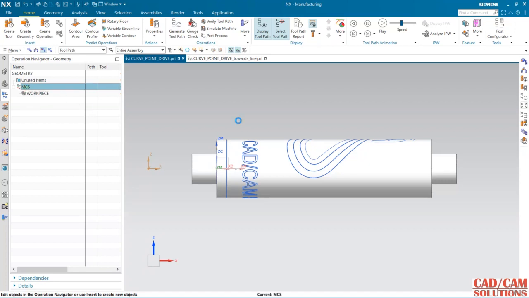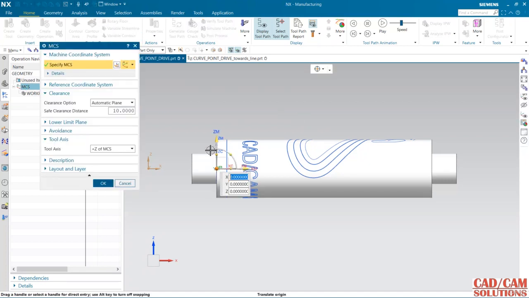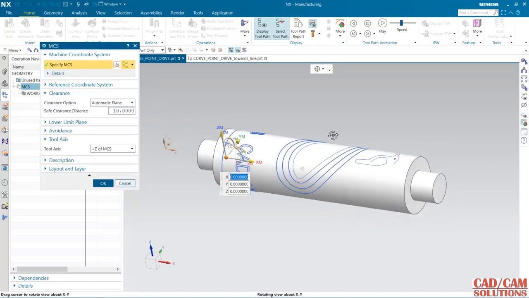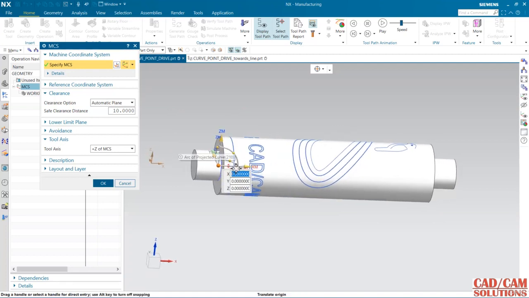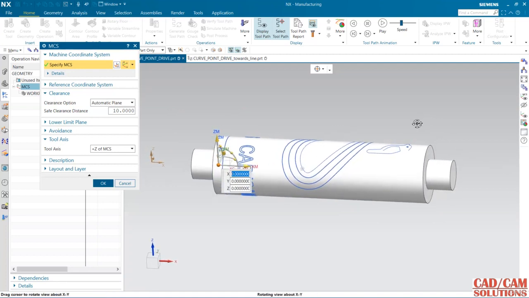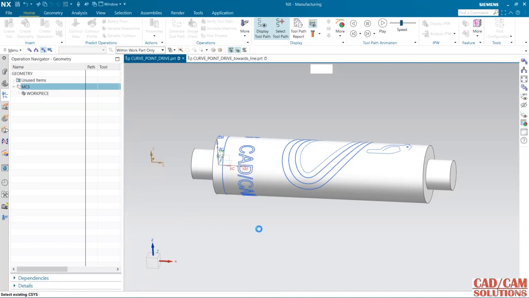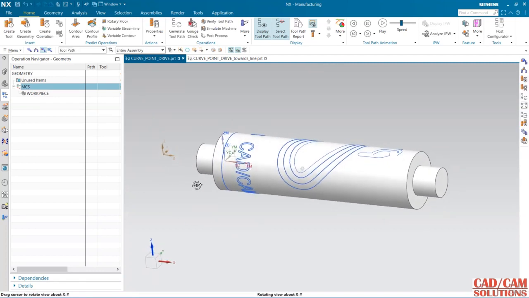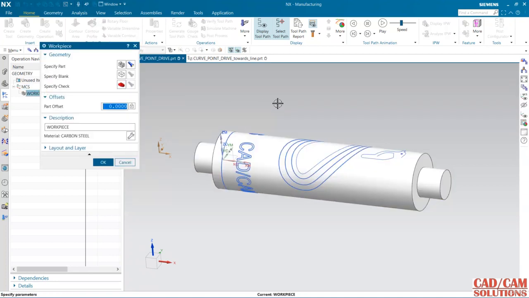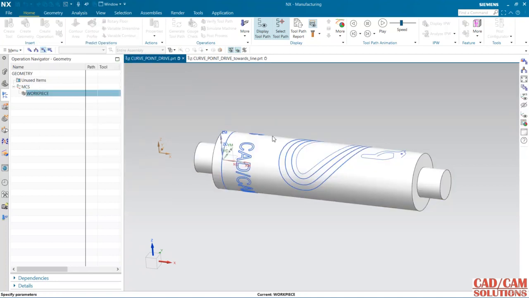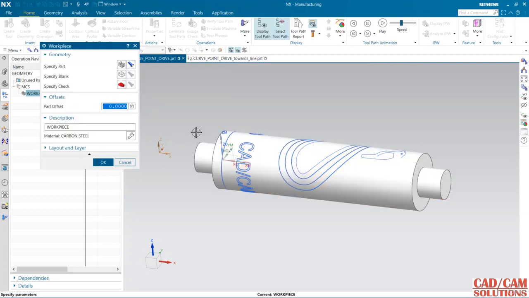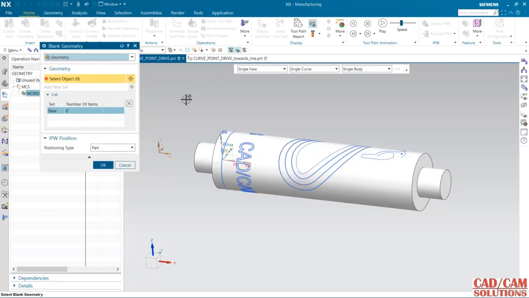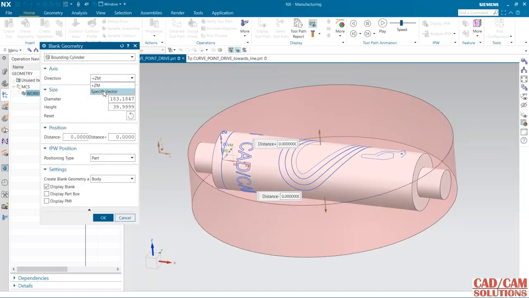for this MCS, my Z is in the up direction and X is along the axis. So the fourth axis will be the A axis. So I'm going to use this same MCS, and first I'm defining my part. So this is my part, okay, and for the blank I'm using a bounding cylinder, okay, and my axis is